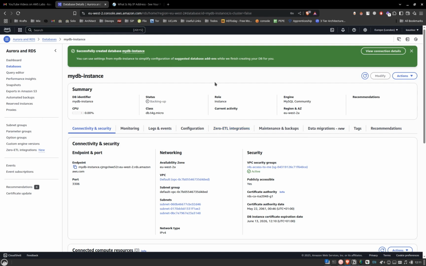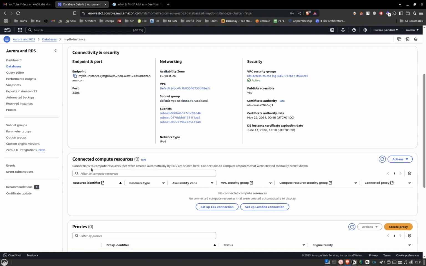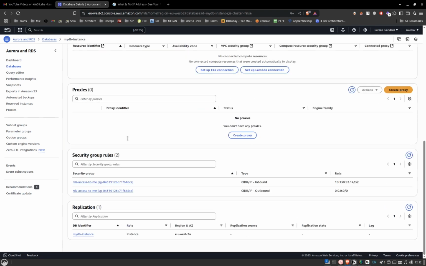So yeah, the database is being created now. It took some time, maybe like 3 to 4 minutes. Once the database is created, you get the endpoint and a port number. Once the database is created, we need to establish a connection to the database. But before that, let's go and check our